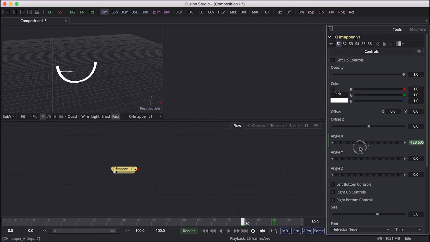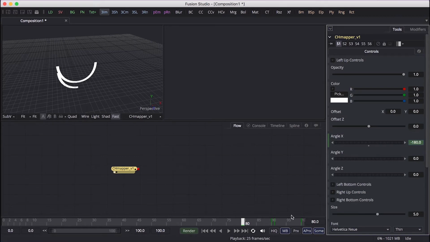As you can see, it has a little pivoting problem, unfortunately, but we can handle it. It's not a big issue. So 180,